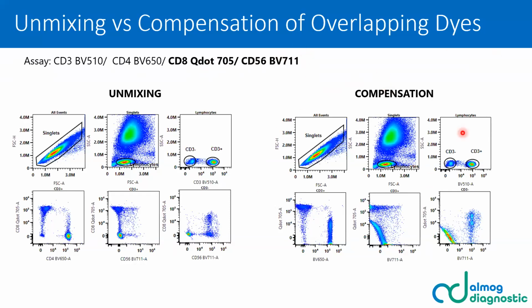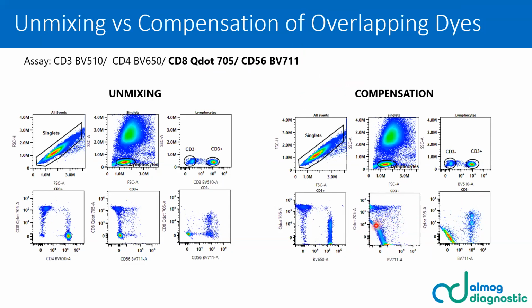When we look at compensation, we can see that compensation fails, mostly because there is much spillover spreading, and the positive populations are not well resolved from the negative ones,